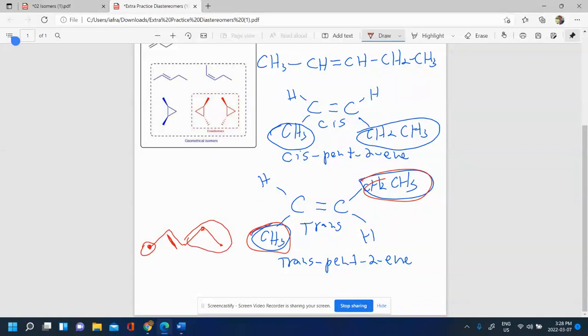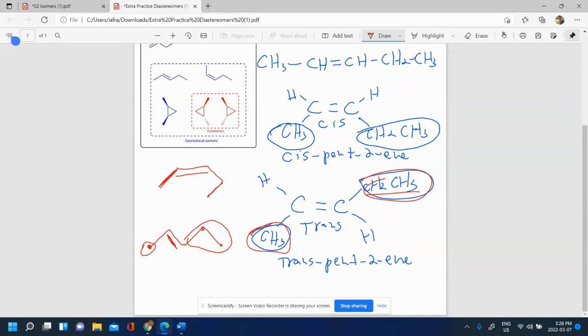And usually when you draw trans, you're going to see it in this zigzag sort of form. But if you want to draw this in its cis form, here's our double bond, like that for the methyl group. And then for the little 2 carbon part there, we could just do